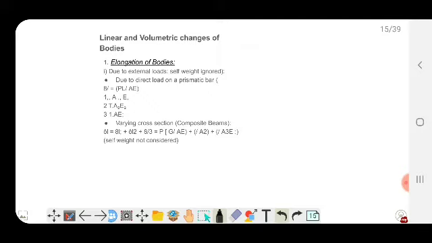So that is what we have here. It is written about composite beams. I will write it again for easy understanding. We have